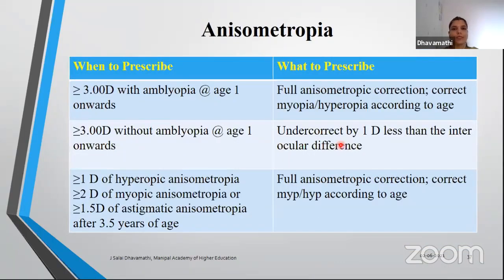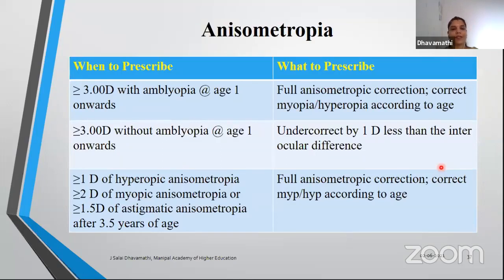Anisometropia: when to prescribe and what to prescribe. If the child at 1 year of age has amblyopia with anisometropia greater than 3 diopters, you have to give the full anisometropic correction. Also correct the myopia or hyperopia according to the age. And for greater than or equal to 3 diopters without amblyopia, you can undercorrect by 1 diopter less than the interocular difference. A full anisometropic correction is required